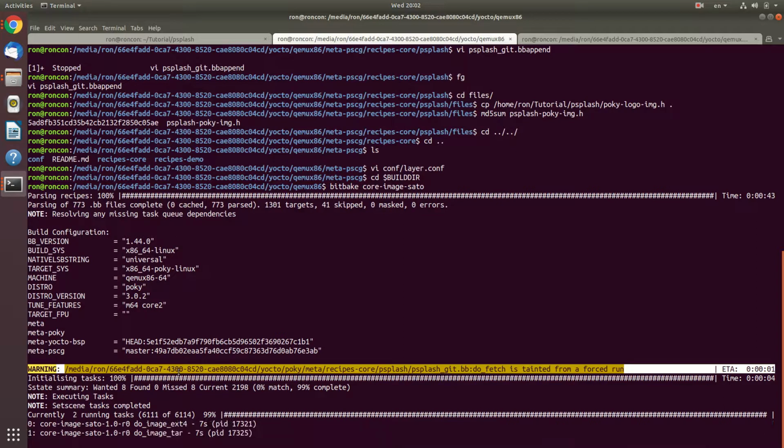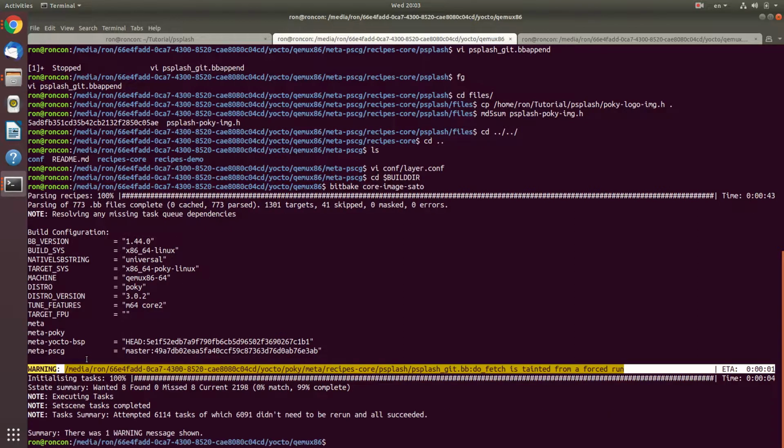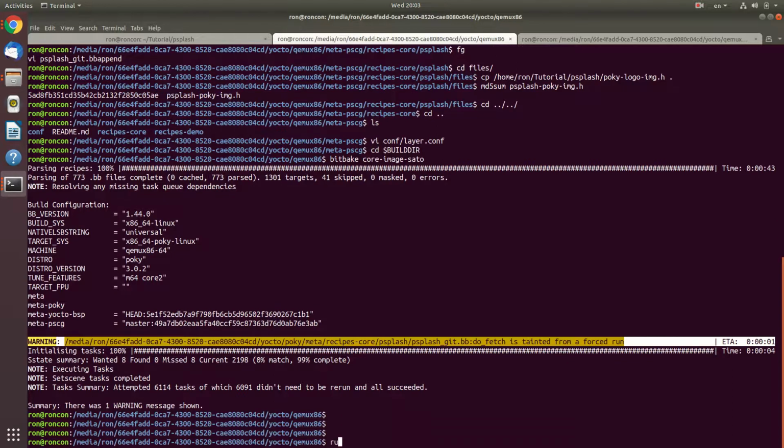Okay, you can see when the computer is slow the different phases, like we had do image ext4 and then do image star, which is exactly what we covered under the deploy dir. The image is the root file system. Do image complete is the rest of the deploy directory, and now we're done. Okay, so now I'm going to go and run QEMU with KVM